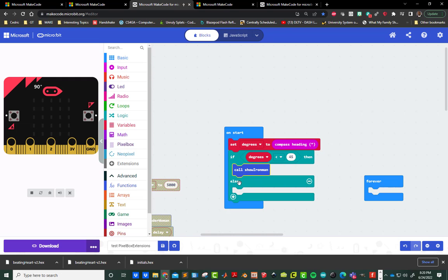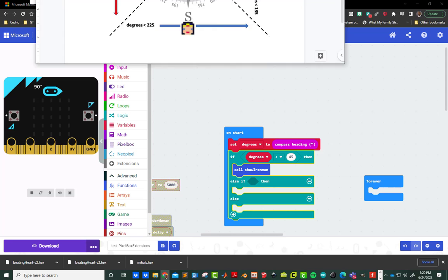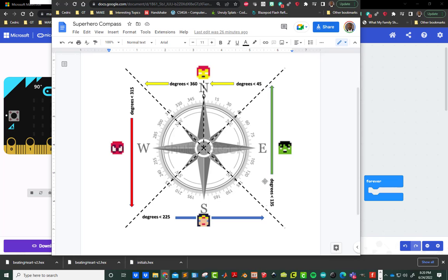Here, I need an else if, not just an else. So what I've got to do is add here, and I want to make another check. So else, in other words, if degrees aren't less than 45, that means they must be greater than 45. So when they're greater than 45, that means I'm in this range. I want to check for this range here. So if I get to,